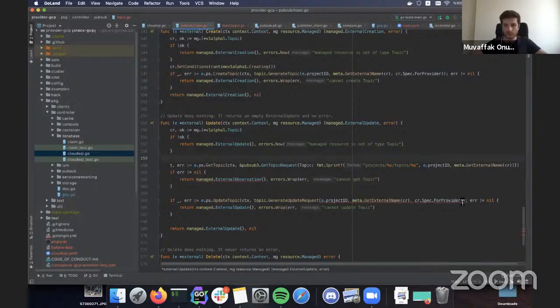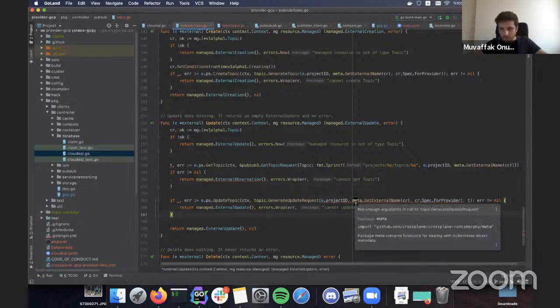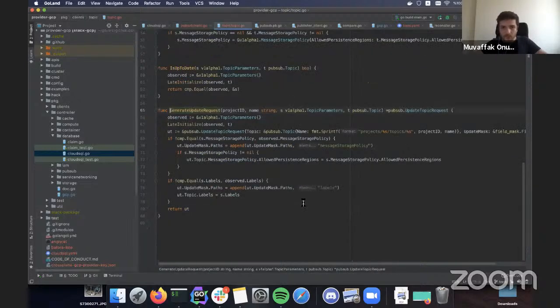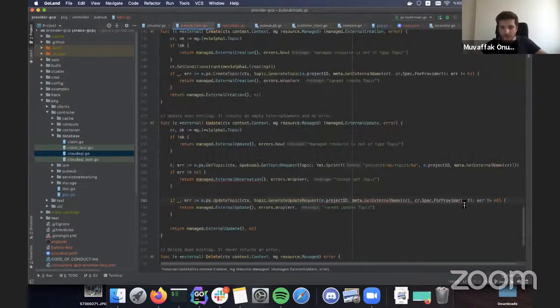So we've got the T. Right, what's the problem? Not enough arguments. So it's project ID, name, parameters. Oh, okay. Cool. So we have called update.